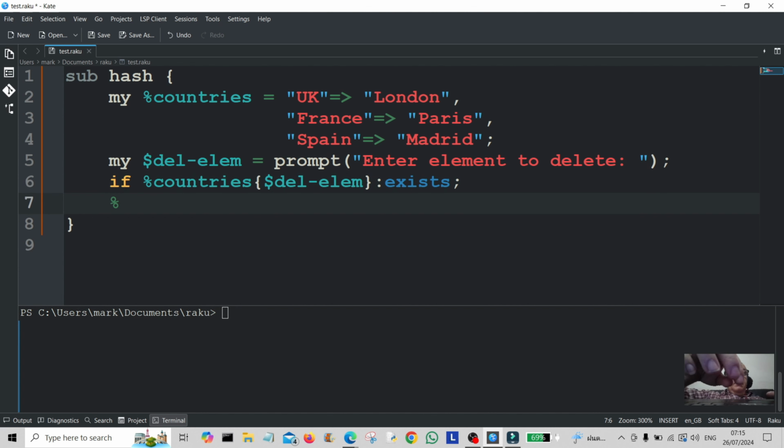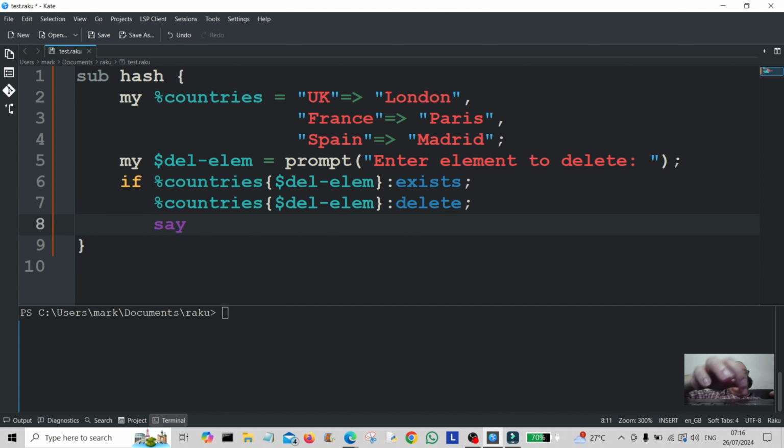So it's going to be countries and the del element there, then simply delete. Okay, and then what we're going to do, we're going to print out the hash, which is countries,